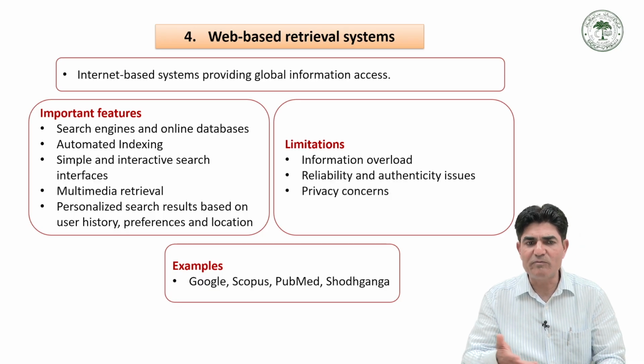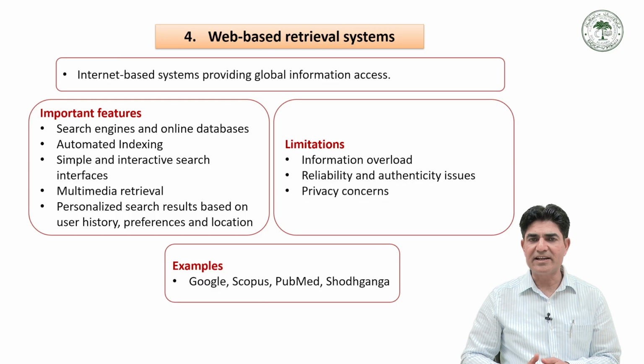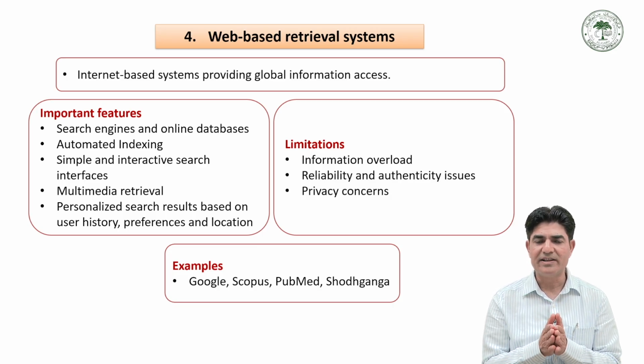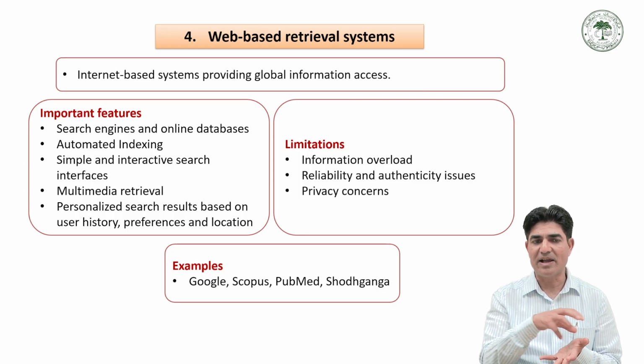One example of history is that suppose you are searching on a web-based retrieval system, then your behavior can be tracked by the information retrieval system, and in future it will try to provide information in accordance with the history that it has captured. Another example is location. Suppose you are searching for